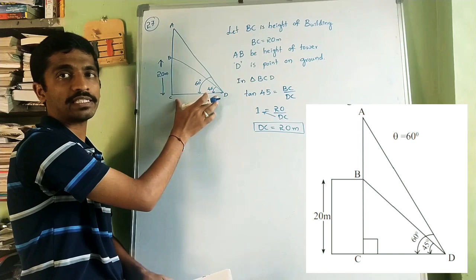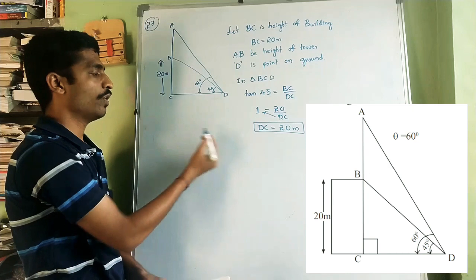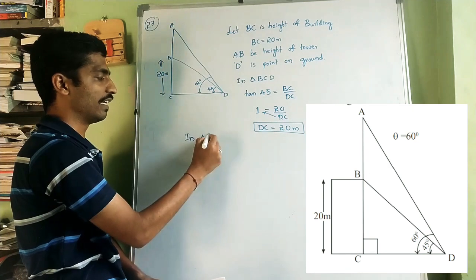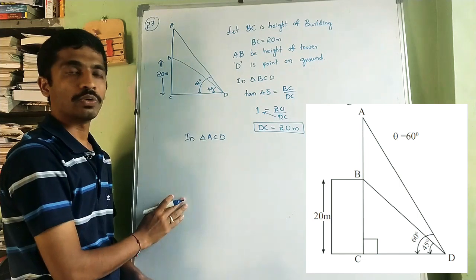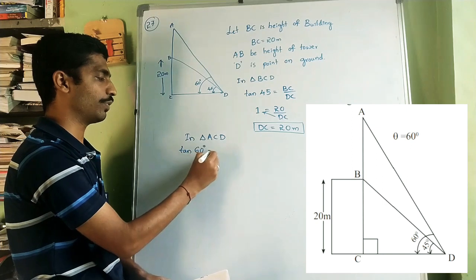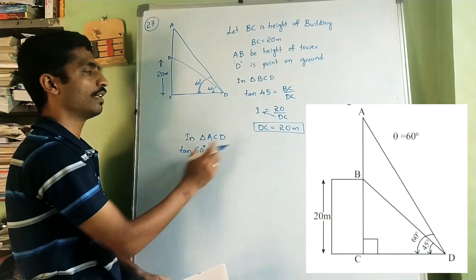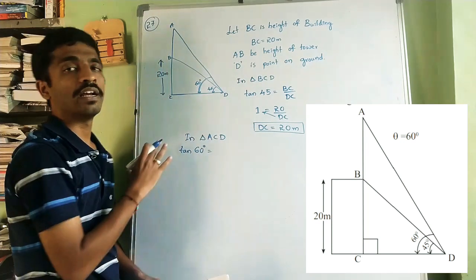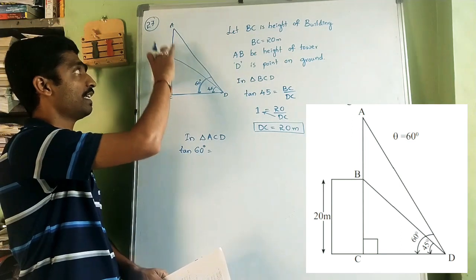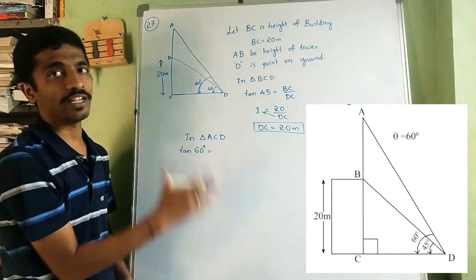Now in the whole triangle ACD, we got the CD, our base. You can say it as a base, or you can say it as an adjacent side for the 60 degree. Okay, now in triangle ACD, tan 60 degree equal to... here our angle is 60 degree and the known side is DC. Now we have to find the AC. Why do we need to find AC? Because we already know the BC. If we get the AC, then subtract this BC, we will get the AB.